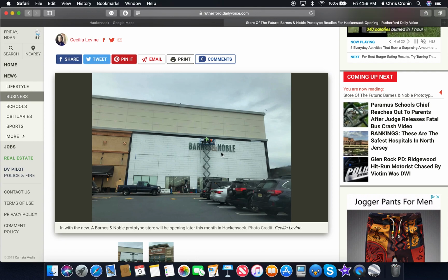Barnes & Noble's really trying to go out with their colors. I think the white patterns are very interesting as well. And you can see too, I think it's going to be a big Barnes & Noble. I think it's probably going to be their new flagship Bergen County store, I would assume. But yeah, so this is the new Barnes & Noble. You can see it looks really nice, really modern. It's right next to the Cheesecake Factory, like it was when it was over